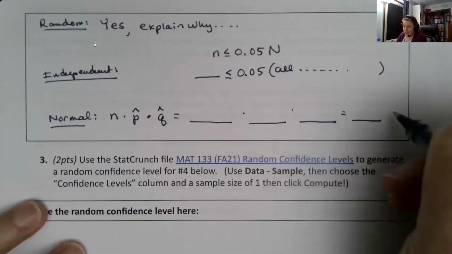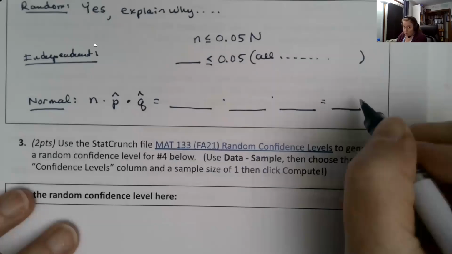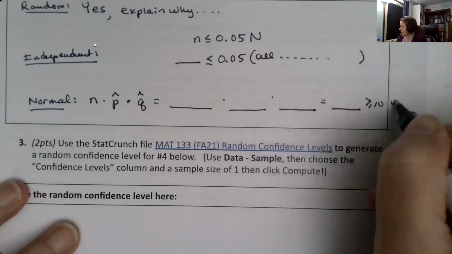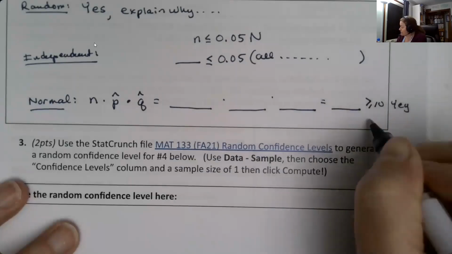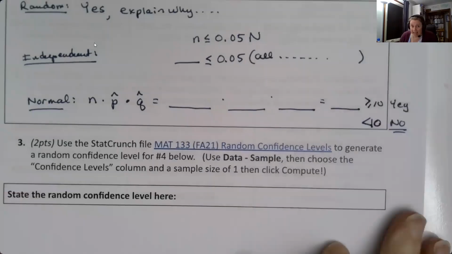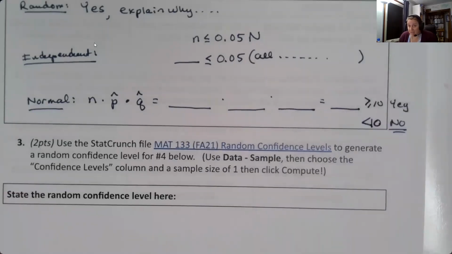And here's the kick. For some of you, it is going to be bigger than 10, and you're going to go, yay. And for some of you, it's going to be less than 10, and you're going to say, no. And that's okay. Just say if it's bigger than 10 or not. If it doesn't come out bigger than 10, which it won't for about half of the people, then say, nope,